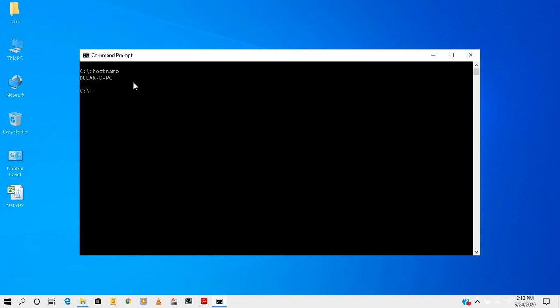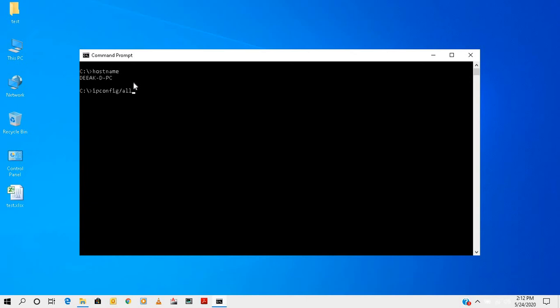Apart from that, these days everybody is connecting to the internet or to networks. So if you want to know your IP address, your MAC address, or any other detail, you have a command for that. It is a basic command, ipconfig /all.